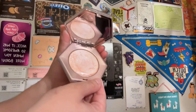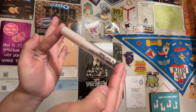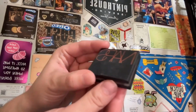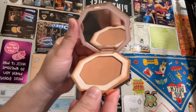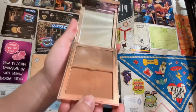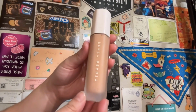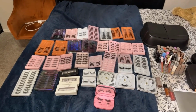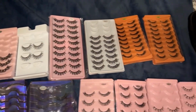This is the Fenty Beauty Diamond Bomb highlighter. This is a Makeup Revolution powder highlighter. This is a clear pearl highlighter, and this is the only setting spray that I use. Rare Beauty Liquid Contour, NARS bronzer, Fenty Beauty bronzer, Patrick Ta bronzer, Impeccable ABH matte foundation, Fenty Beauty Luminous foundation and matte foundation. And then all these eyelashes that I have, I'm just going to kind of go through, and